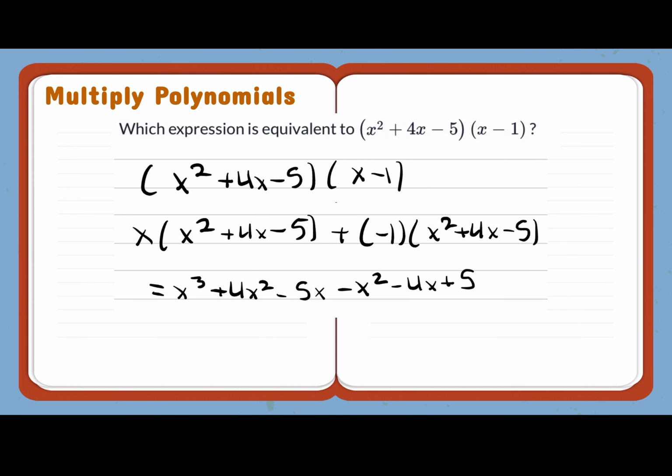So once you simplify everything, you get x cubed plus 4x squared minus 5x minus x squared minus 4x plus 5. So once you add everything up, you get x cubed plus 3x squared minus 9x plus 5. So